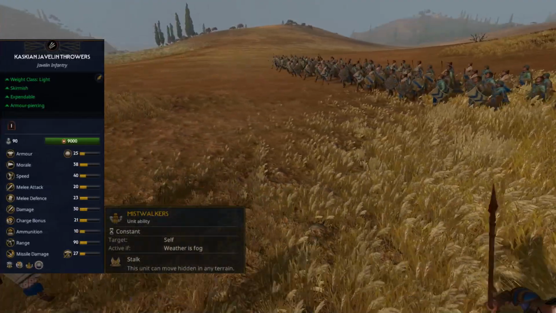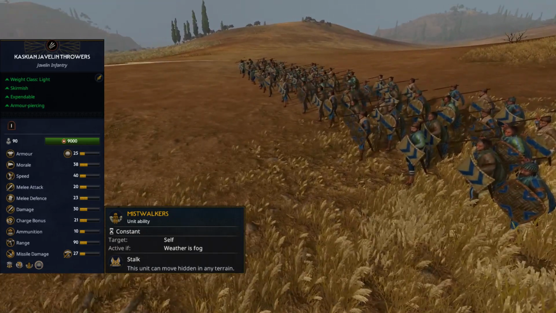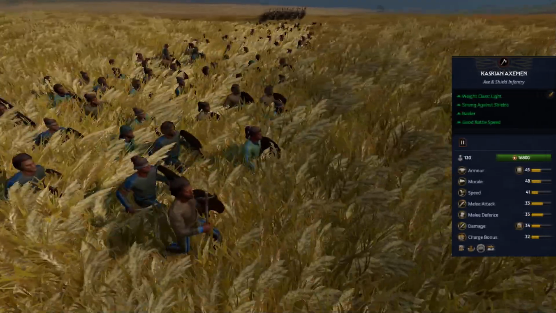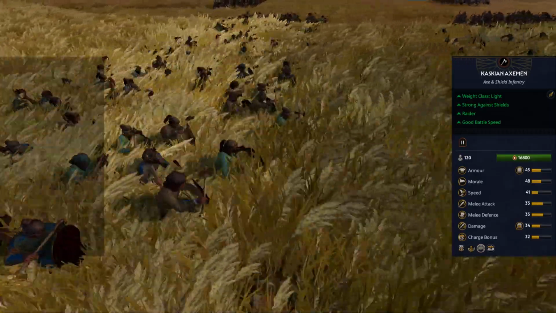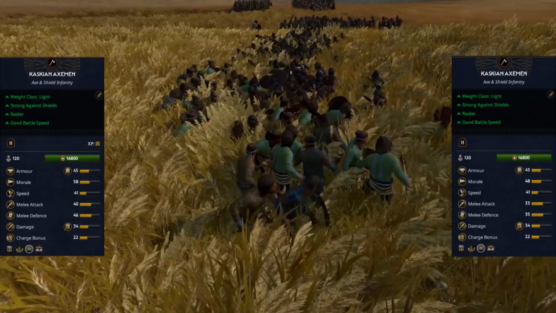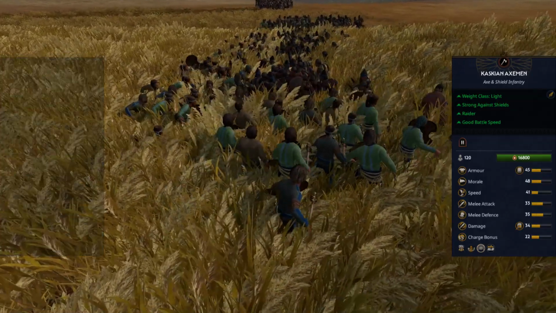Kaskian Javelin throwers are a bit slower compared to other early game javelins, but they carry a shield to win skirmish duels against other cheap missiles. Kaskian Axemen are the second overpowered unit in this roster, just look closely at these stats. With 9 XP chevrons they will defeat mid-tier opponents, and if you want to just auto-resolve battles, spam these bad